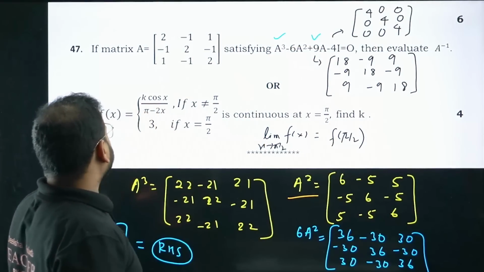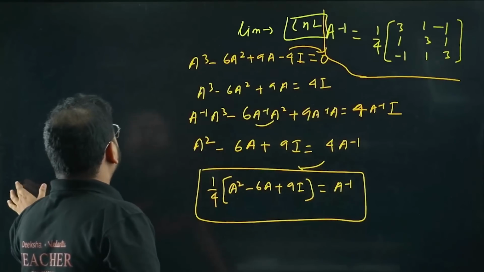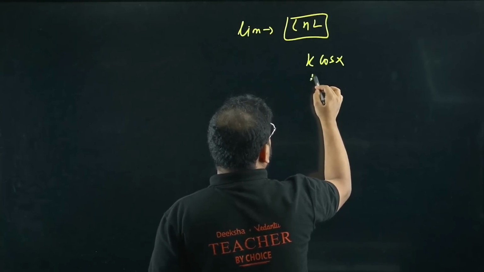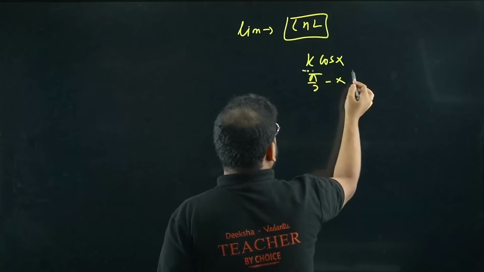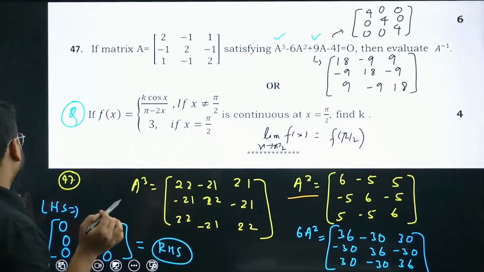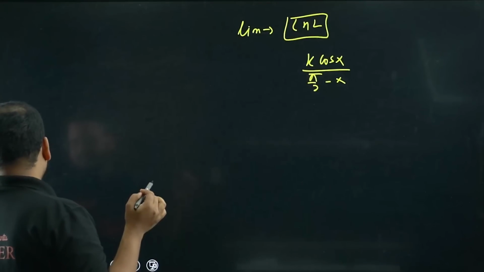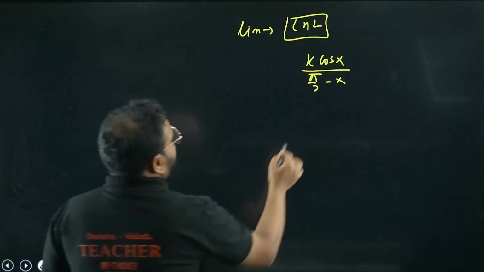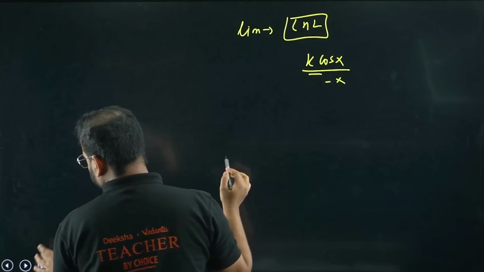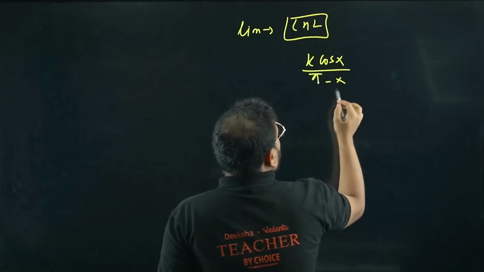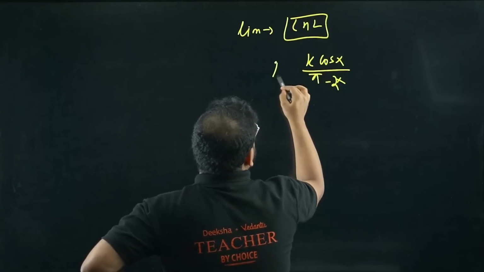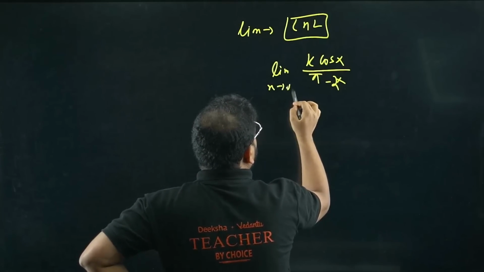We're going to take this function. So write this first: k cos x over pi minus 2x. Pi minus 2x, okay? Pi minus 2x. All right. We want to find the limit of this when x tends to pi by 2, and this should